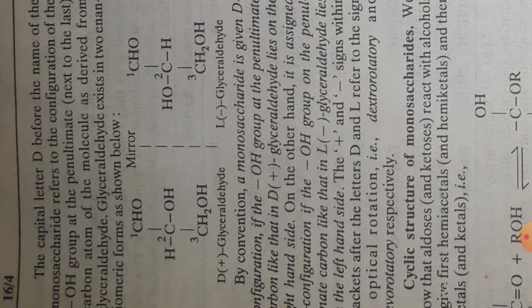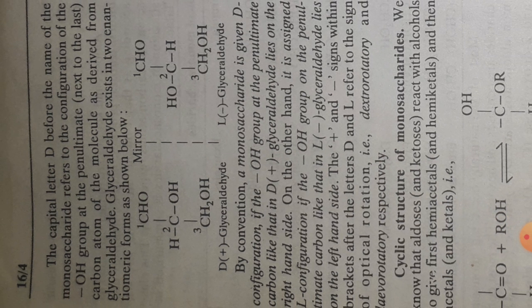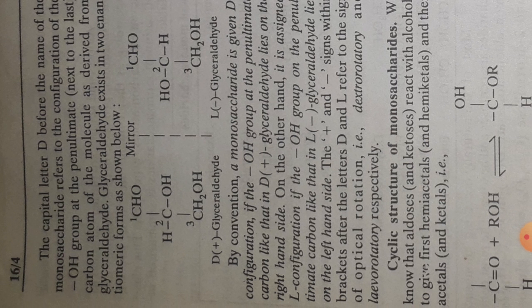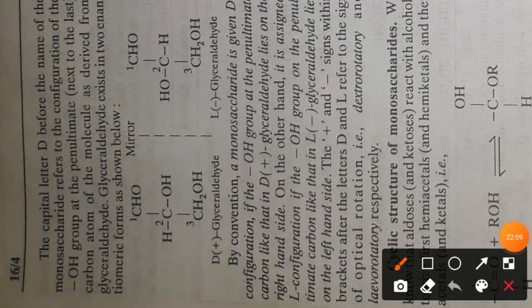Now this capital letter D refers to the configuration of the OH group on the penultimate carbon atom, next to the end carbon of a molecule, as derived from glyceraldehyde. So from the bottom side, the second carbon atom,